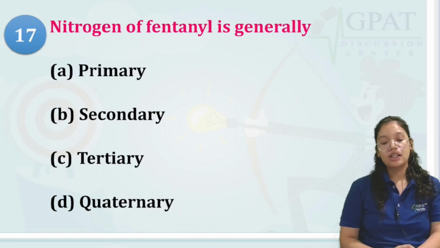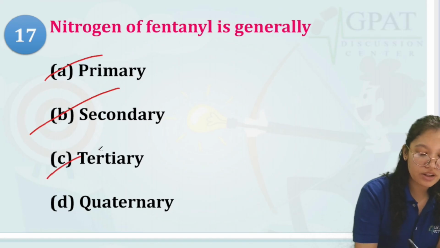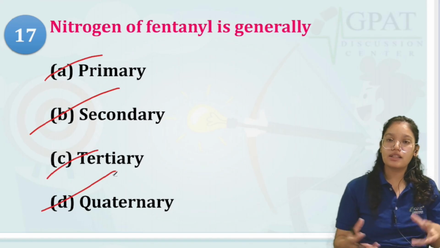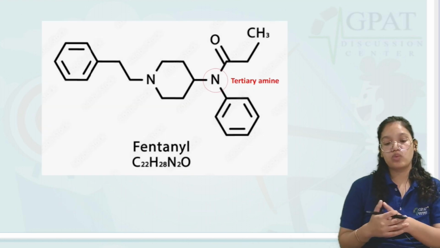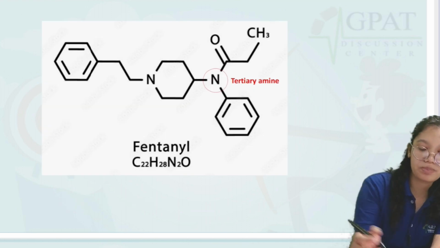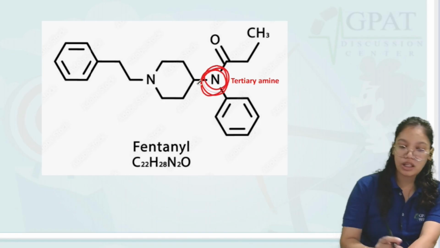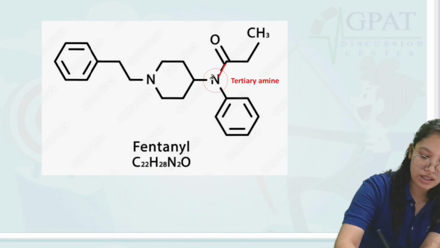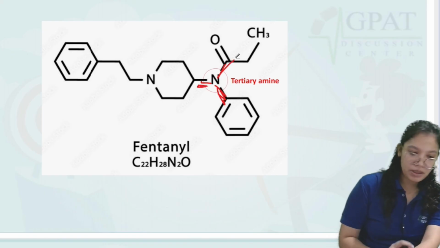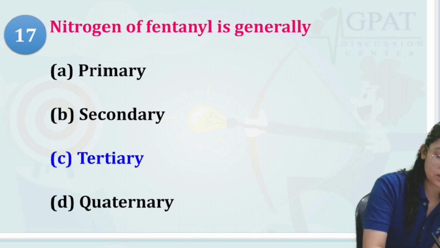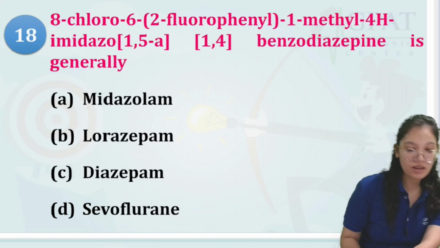Next we have: the nitrogen of fentanyl is generally primary, secondary, tertiary, or quaternary. Fentanyl is the drug. The nitrogen present here, what particular type of amine group is present in that? So here we have the amine group of fentanyl, and this particular amine group is attached by 3 substitutions. So this is called a tertiary amine. So the answer is the third, that is option C, tertiary amine. Okay, now next we have